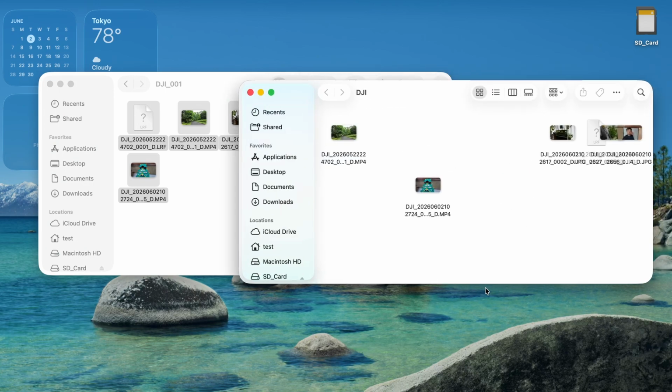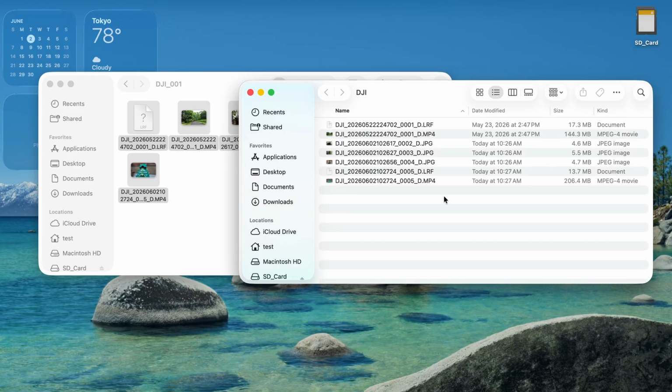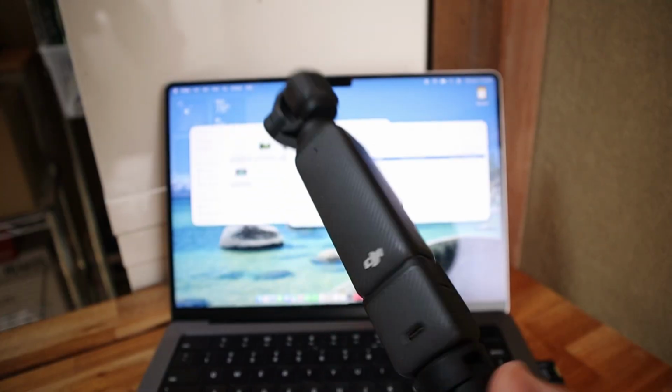If you drag and dropped it like that, you can click on here, and then it'll put in a nice little list here. So that's the first method of getting your files from your Pocket 3 over to your PC,